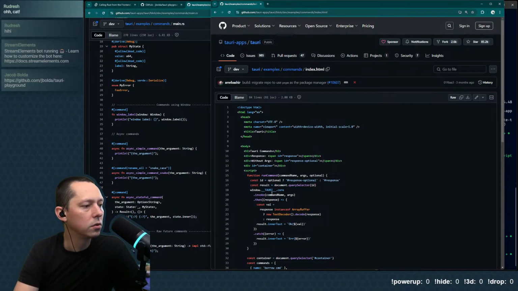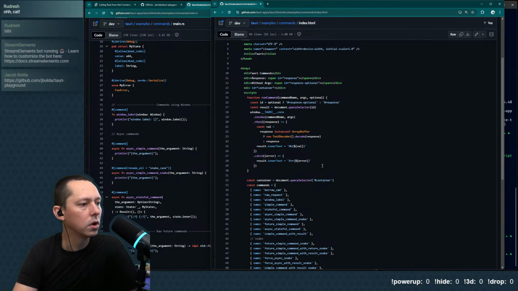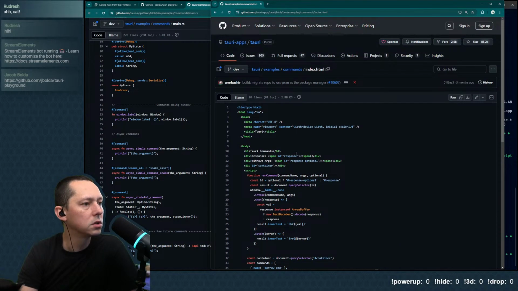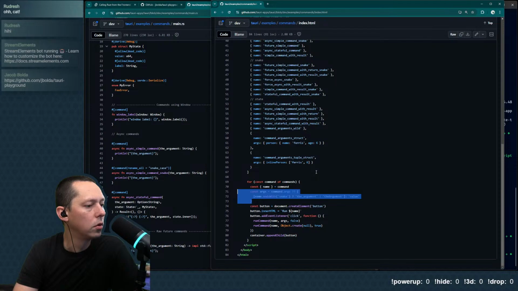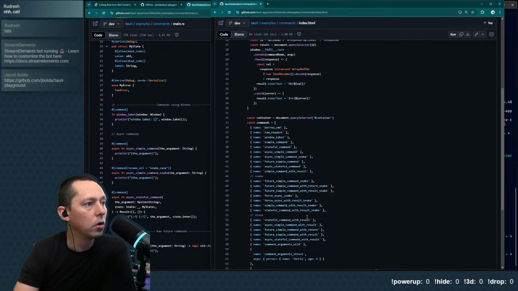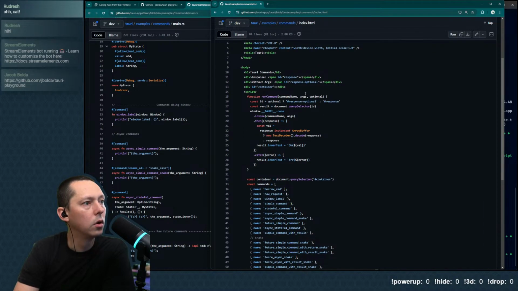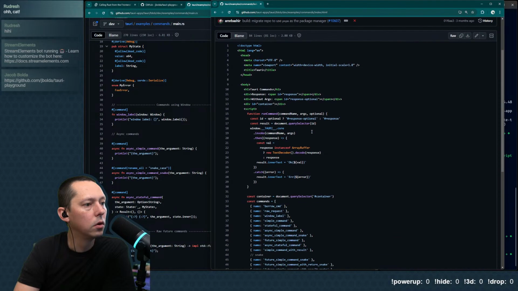Response optional. We've got some invokes. Okay. So we don't do anything specific for the state options either. And run command is name, args, and false. Okay.